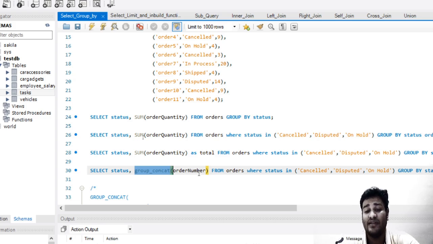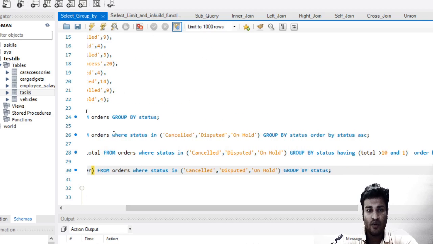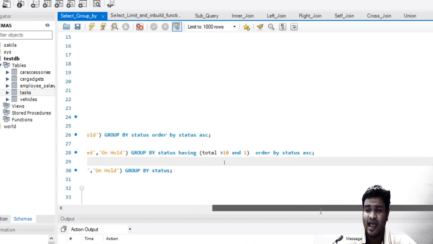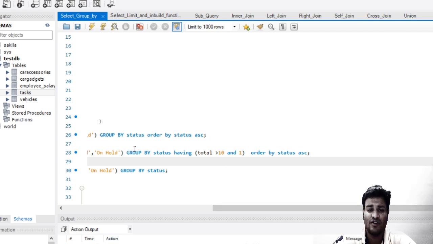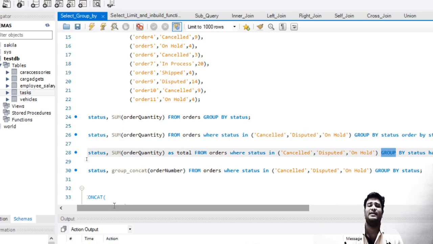So there is another thing which we will study today, which is the having clause. So you see over here the where clause and the having clause. The where clause and the having clause are the same, just the usage is different. The where clause is used with the select query and the having clause is always used with the group by. This is again like the select statement, which has all of these keywords and commands that can be used, and they have a particular sequence.